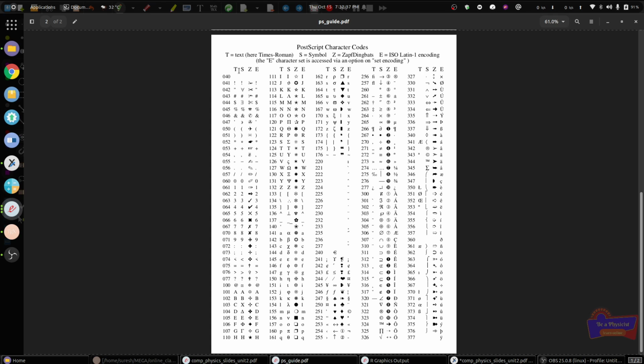Suppose you want to use the symbol, then you have to look into the S column. This is the second column where the symbol is mentioned. So you can use, for example, 264 as the corresponding value for the multiplication symbol. So you can use the 264 instead, and if you want to write the alpha value,